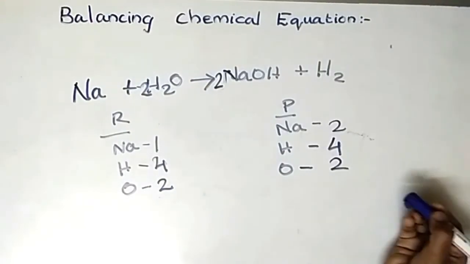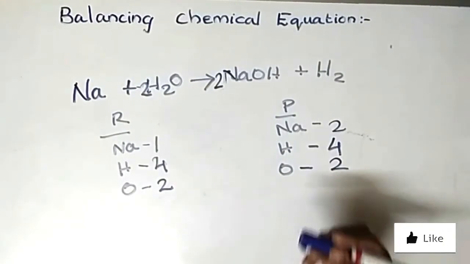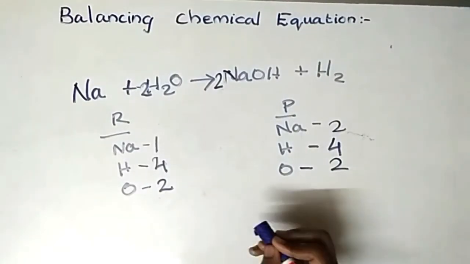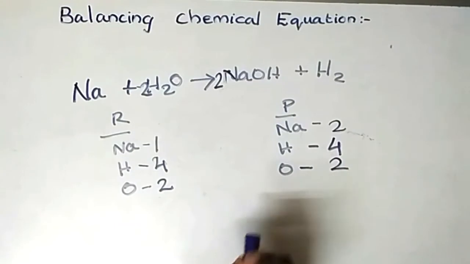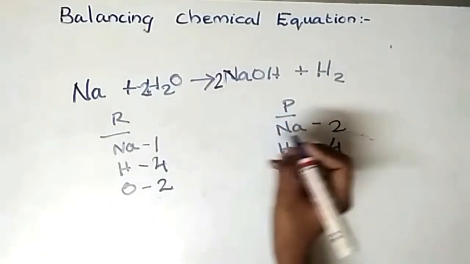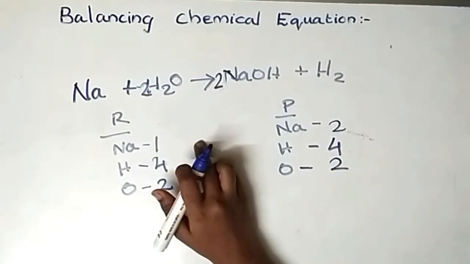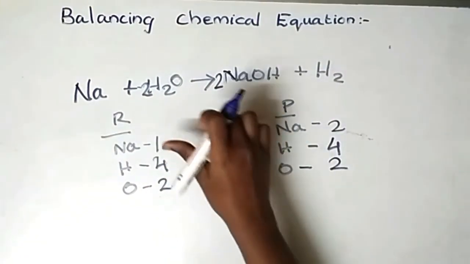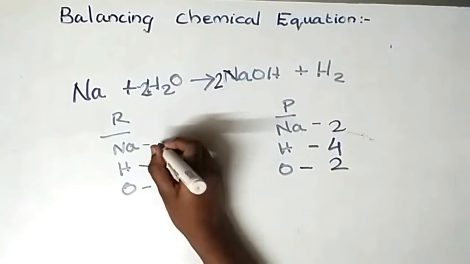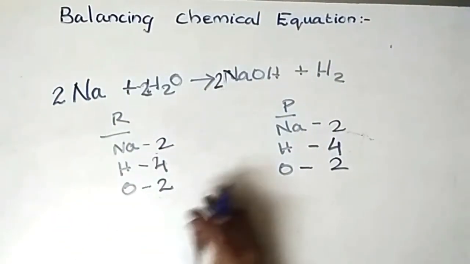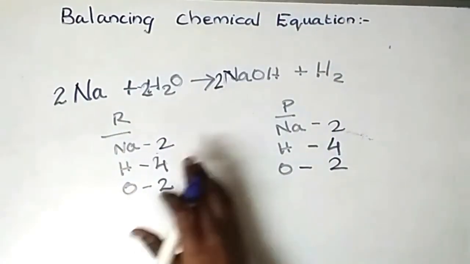I know for some students it is a bit confusing, but we can understand the balancing of chemical equations only by doing many examples, so don't stop with one. Here we can see that the oxygen atom becomes balanced automatically, but the sodium changes, and we can also balance it by putting 2 in the reactant side. And so finally the equation is balanced.